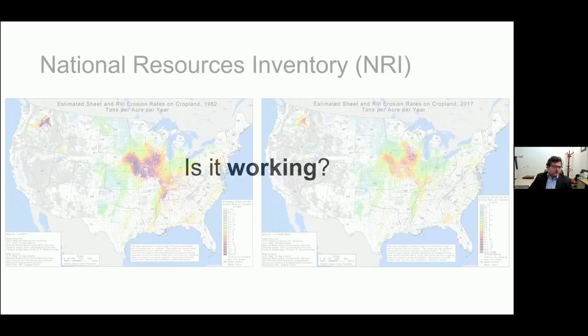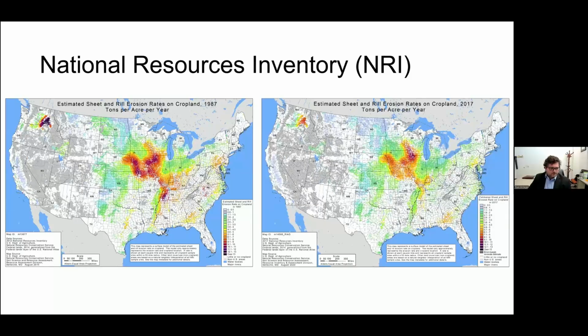And to answer this question, I'm going to point to the National Resources Inventory. This is a database or an assessment that is put together by the NRI every few years. The most recent, and I checked this morning, was from 2017. And you can see from 1982 to 2012, which was the last figure that was updated, and 2017 I have fixed here on the right, so you can kind of see this is the most recent picture of where we are today compared to where we were. And the short answer is, over the last 40 years, yes, we've seen a drastic reduction in sheet and rill erosion rates. But what does that mean exactly?